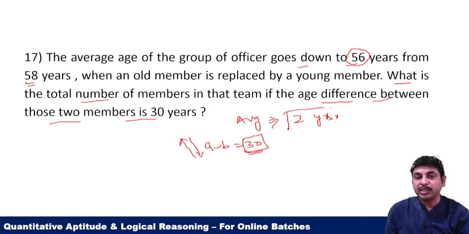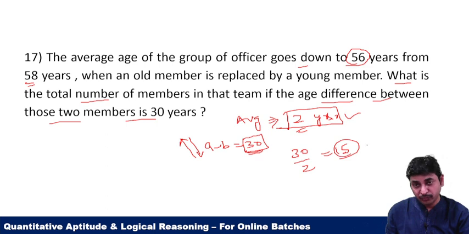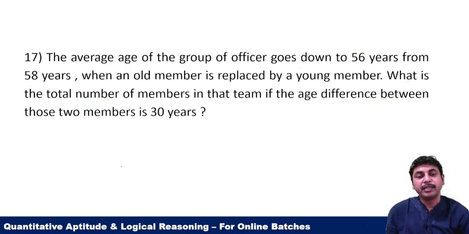जिसकी वजह से एवरेज में डिफरेंस, एवरेज का जो इफेक्ट हो रहा है, दैट इज 2. सो जस्ट डिवाइड दिस डिफरेंस बाय 2, that will be your 15. So 15 members are there. Now, if you want to solve this by your traditional way, so what I will do,